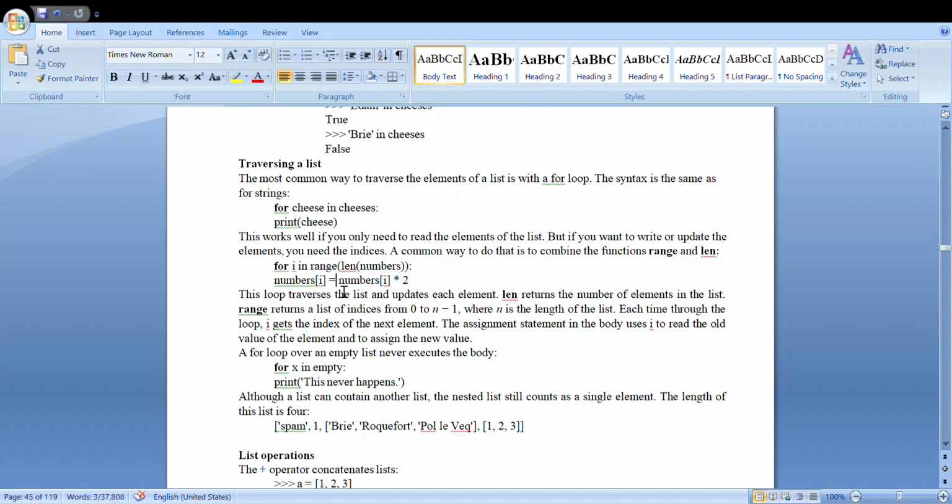So you are basically multiplying. If your list has 3 elements, you are multiplying and adding another 3 elements, so 3 into 2 is 6. Totally you are mutating, or reassigning it to a total of 6 elements. I'll execute and show this example.